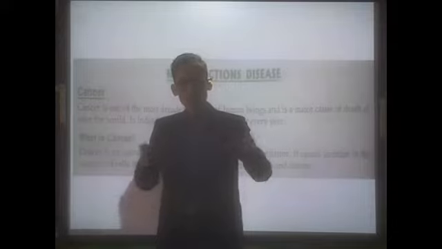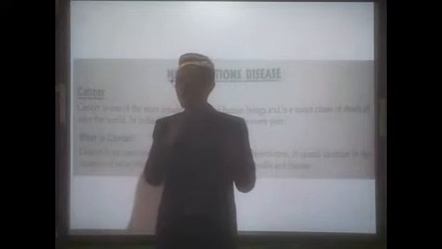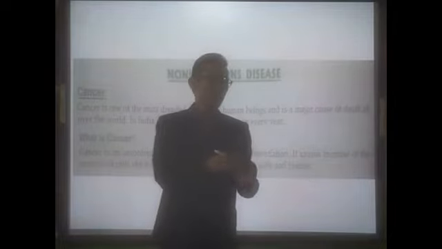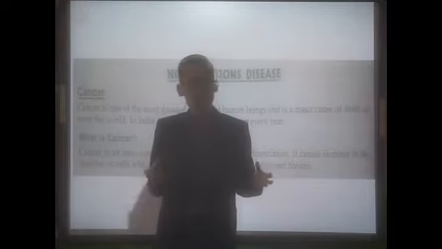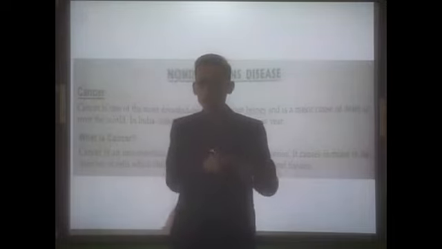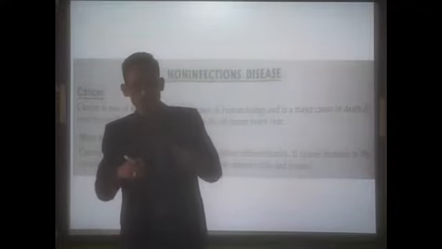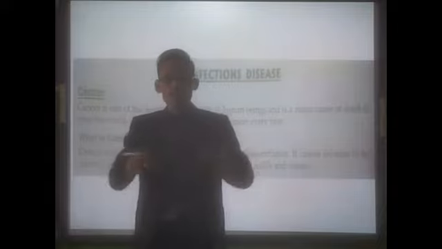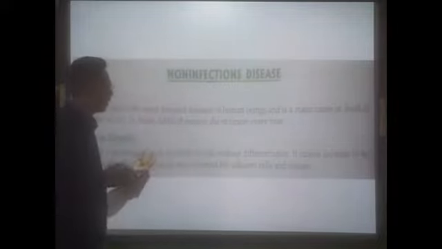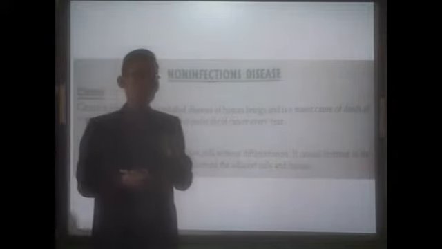Clear? So actually now, what is cancer? So we are saying that a normal cell will go in a normal manner, they will move from one phase of the cell cycle to another phase of the cell cycle, they will fulfill all the criteria, all the terms and conditions, we can say that, okay, while moving from one phase to another phase. But what happens in case of cancer? What will be the behavior of the cell? Clear? So how are they able to form a tumor? So cancer means an uncontrolled division of cells without differentiation.